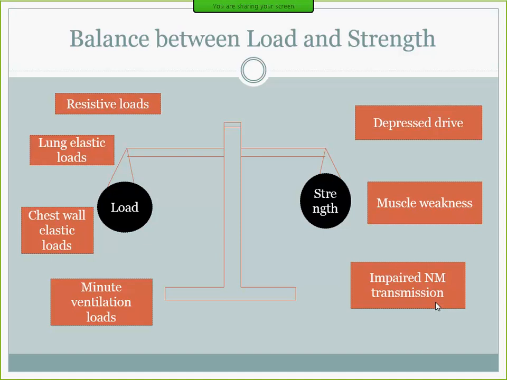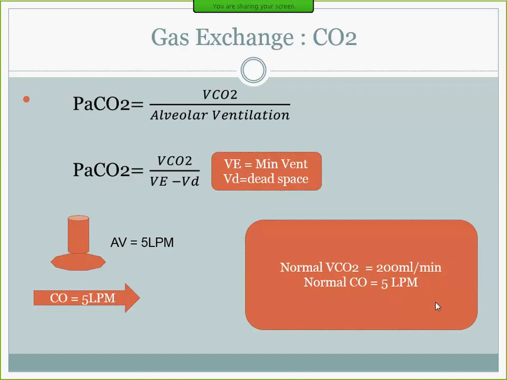And then impaired neuromuscular transmission, basically with Guillain-Barré syndrome and any kind of spinal cord disorders. So whenever you have this balance compromise, that's when you go into respiratory failure and you need to intubate the patient. Okay. So the factors that are going to affect your alveolar CO2, arterial CO2 are only two